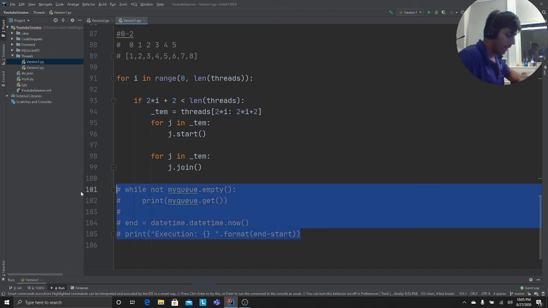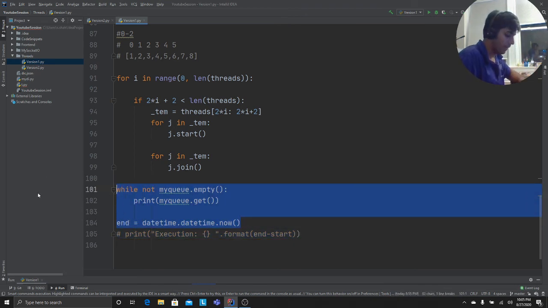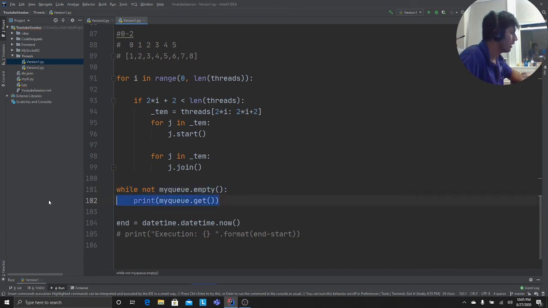And then I think this is where my logic is a little wacky. So I'm pretty sure while not queue.empty, while the queue is not empty, that means if the queue is empty, it's true, not means false, it's not going to execute. If the queue is not empty is false, then it's going to be true. So this loop is going to be executing. Where did I miss something?